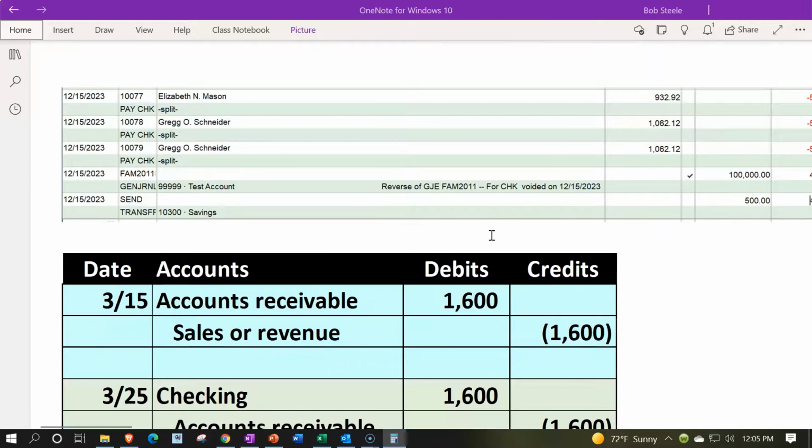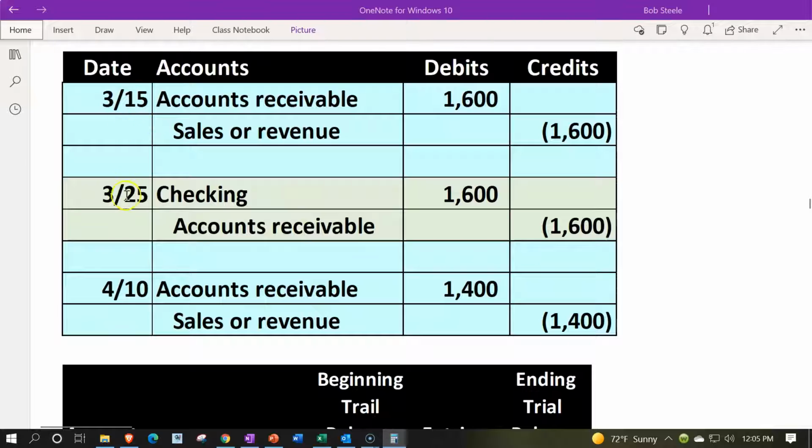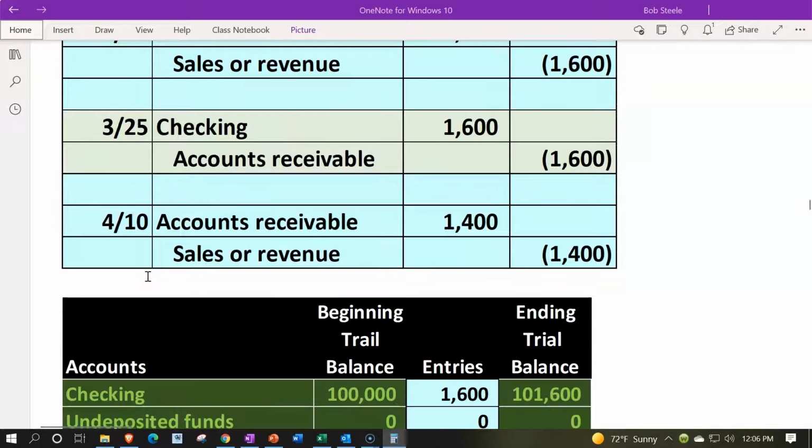So let's see another scenario here. Now we're going to skip these first two. We're going down to this 410. We're going to put the receivable back on the books. The difference here is that when we receive the payment on it, we're going to assume that the payment goes into undeposited funds, adding that added level, which is often confusing to people that learn accounting in a school